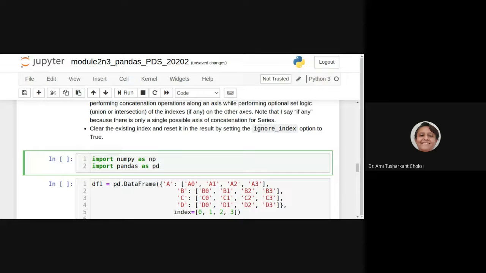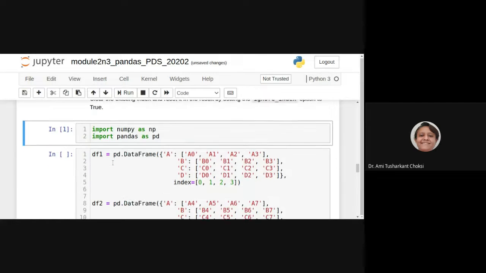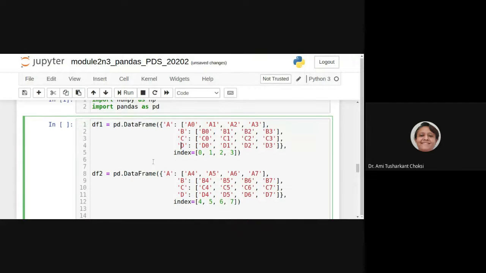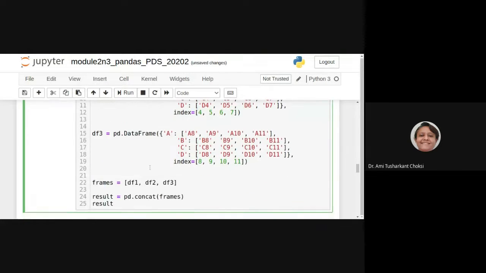So let me run this, so it will be there in the memory of this editor. Now we want the data frames df1, df2, df3, which we created yesterday, where we have A, B, C, D, 4 columns in each and every data frame.